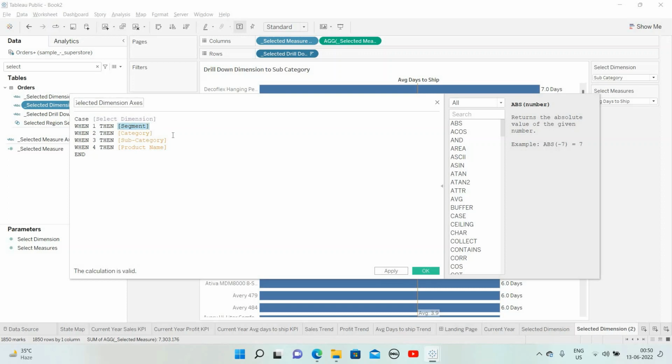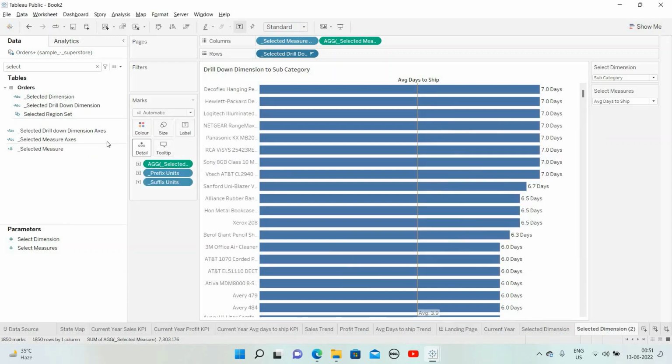So when one, then give me category, when two, subcategory, when three, product name, when four, same product name, because there is no further drill down from product, right? So selected drill down dimension axis, apply, okay,